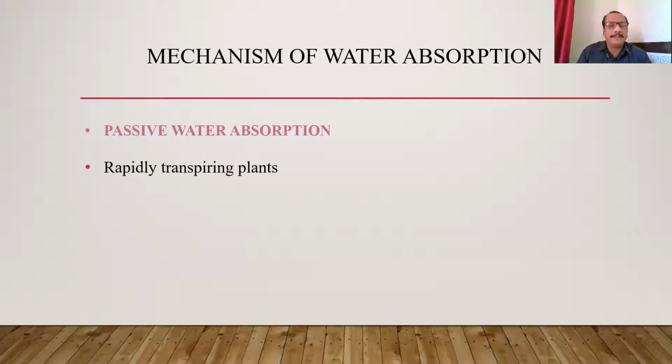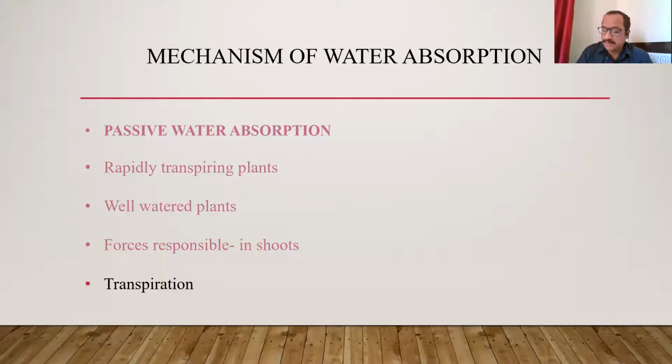What happens, you see, in rapidly transpiring and well-watered plants, where the rate of transpiration is high and plants are growing in well-watered condition, the water is supposed to be absorbed by passive method. That is, here, the forces responsible for water absorption are set up in the cells other than that of the root cells. The forces set up in the aerial system, the forces set up in the leaves, in the mesophyll cells of the leaves. And here the phenomena like osmosis, which we studied in osmotic method of water absorption, or the phenomenon like respiration, which is responsible for non-osmotic method of water absorption, are not supposed to be responsible for the mechanism of water absorption, but here it is believed that the passive method of water absorption takes place due to another important physiological phenomenon, and it is known as